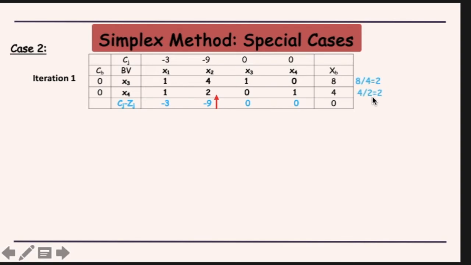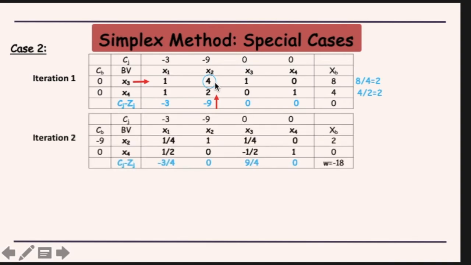So in case there is a tie for the leaving variable, you can arbitrarily decide on any one of them to leave. So let's say x3 leaves the basis, and so correspondingly this element 4 becomes your pivot element, and we would perform the pivot operations in the usual manner to get the tableau in the next iteration. So this is our second iteration. Now again here we can see that this is not optimal, but what do we notice here is that one of the basic variables has become 0.